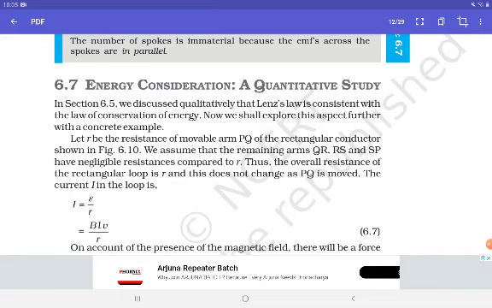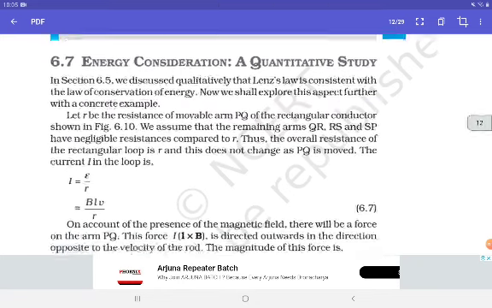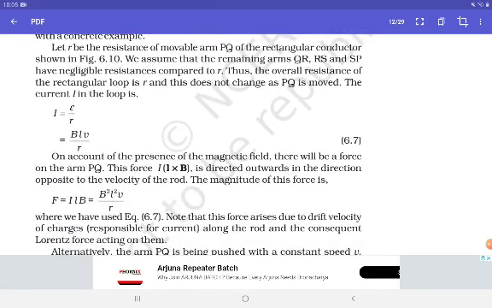Let R be the resistance of the movable arm PQ of the rectangular conductor shown in figure 6.10. We assume that the remaining arms QR, RS and SP have negligible resistance compared to R. Thus, the overall resistance of the rectangular loop is R, and this does not change as PQ is moved. The current I in the loop is I is equal to epsilon upon R, that is BLV divided by